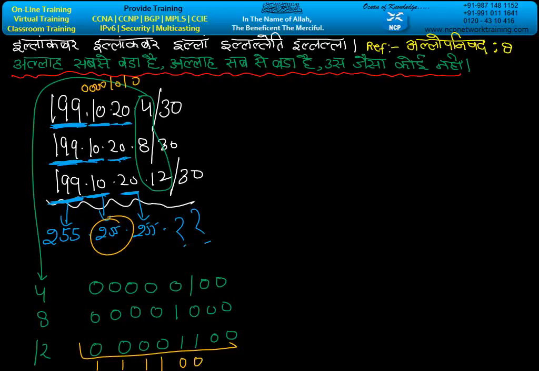If any bit is 0, all the right bits will be 0. We will not write 1 here because this bit is 0. If any bit goes 0, all the bits on the right will be 0. It means the new mask will be